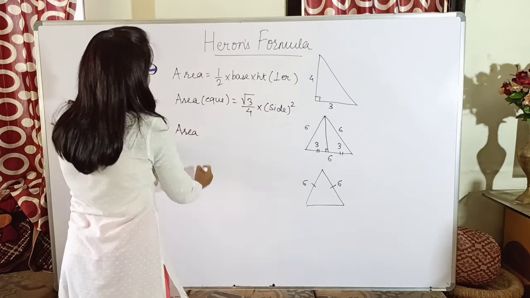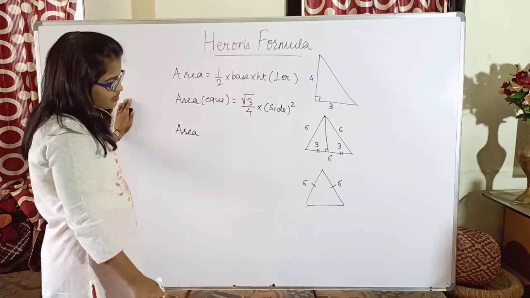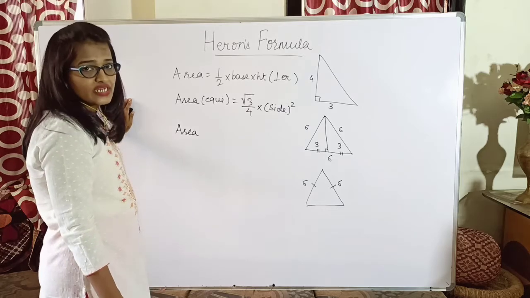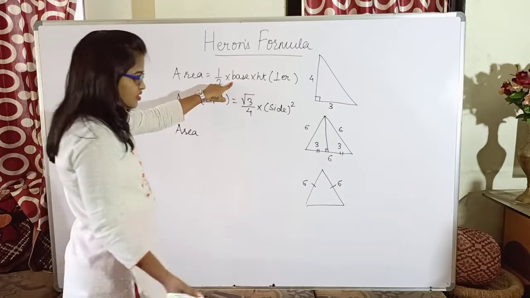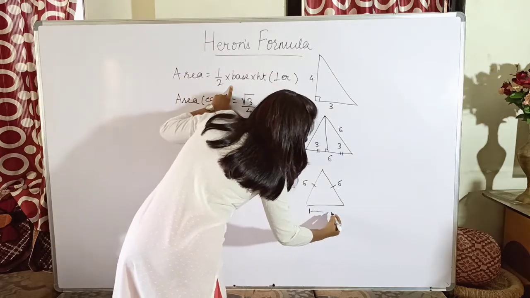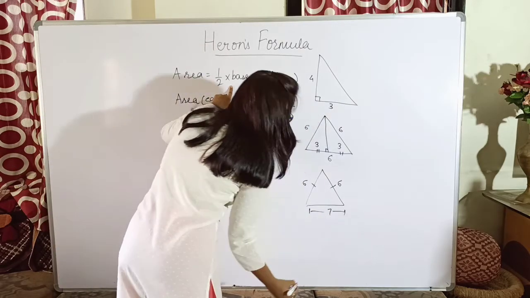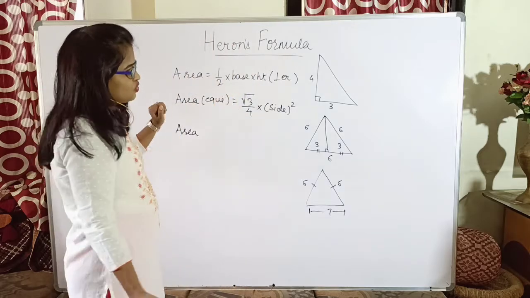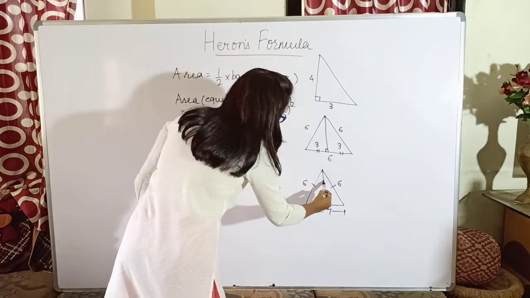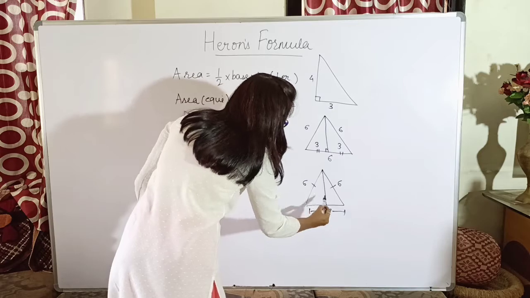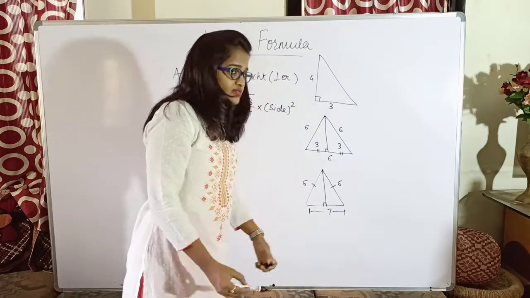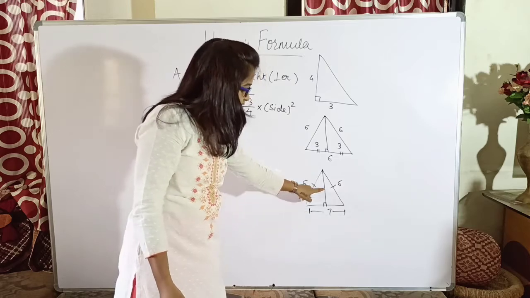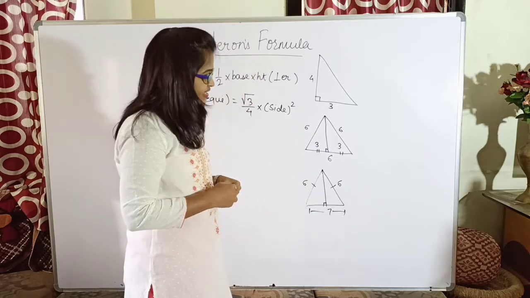Again, for finding the area of an isosceles triangle, I have to know its base as well as height if I have to find the area by this formula. So let us suppose that this side is 7. Okay. So constructing a perpendicular in the triangle. Yes. Again, the thing remains, I know the base, I have to find the height. Can I find the height?